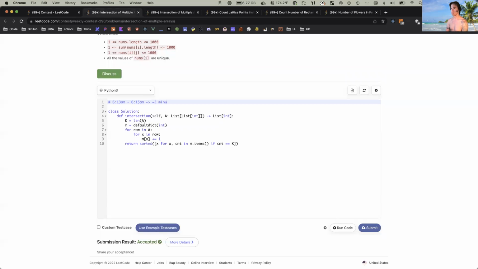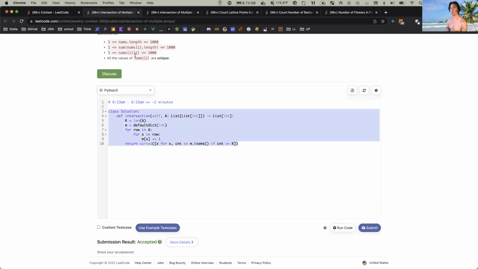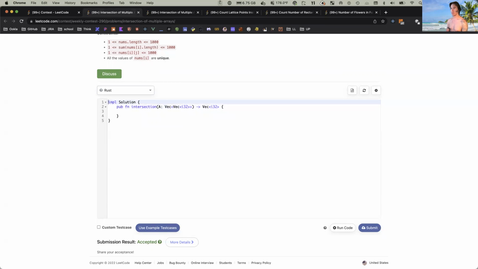2 minutes. Okay, stick this here. Boom. Okay, Rust. Okay, type VI equals Vec I32. Type VVI is Vec VI. All right, so VVI, oops, be VI. This will be VI. Okay, and then for row in A, for X in row,